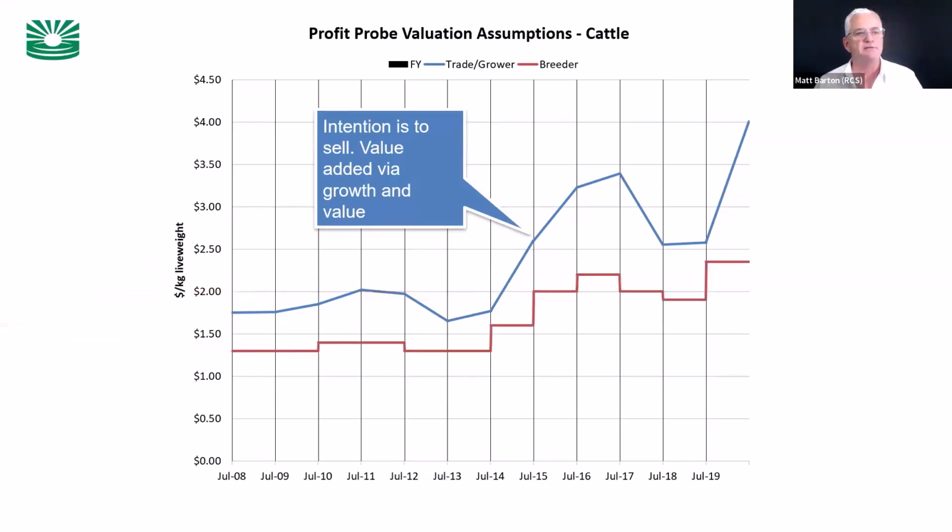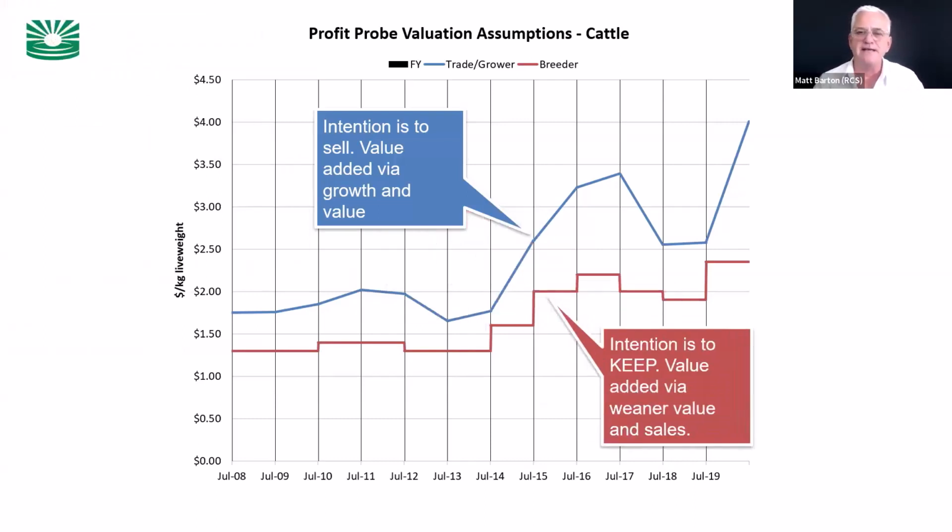The breeding animals aren't intended to sell. We're intending to keep those. So we don't want to mark them to market. We will open and close those at the same value. Because if we didn't open and close them at the same value, that would reflect a profit or a loss in your profitability. And that's not adding any new information, because we know that will be different on your balance sheet. And that's fine, we'll leave it up there, but we don't want it to corrupt our profitability when we don't intend to sell them.